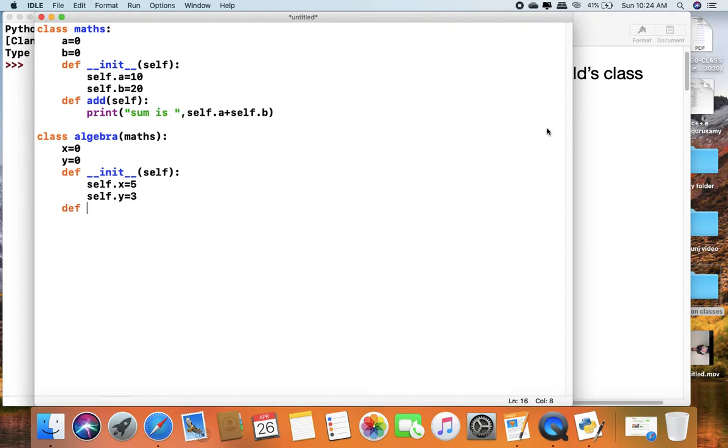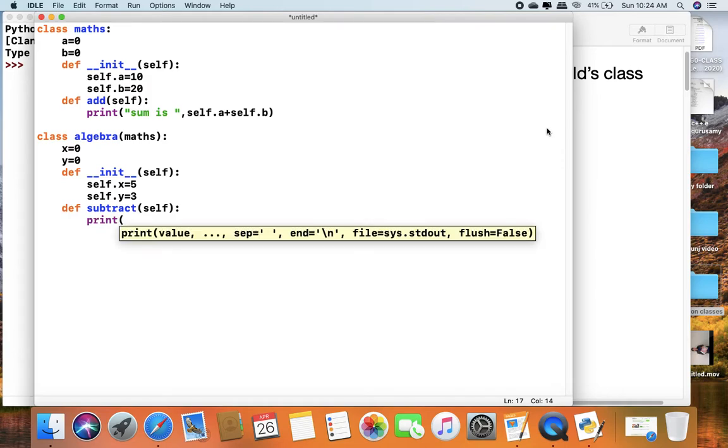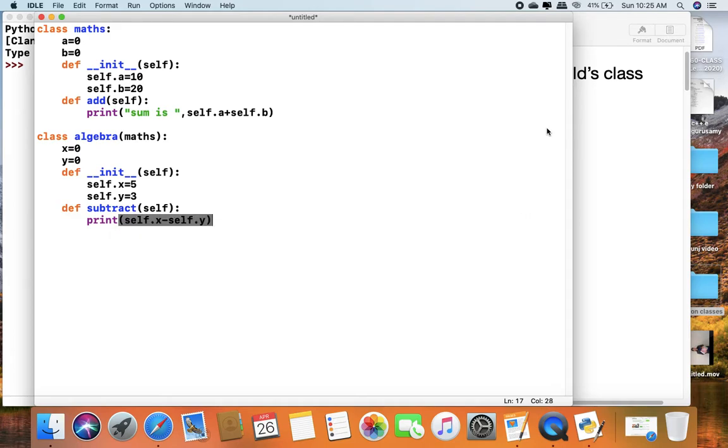And another function def subtract, which has default argument self. So here I write print self.x minus self.y.